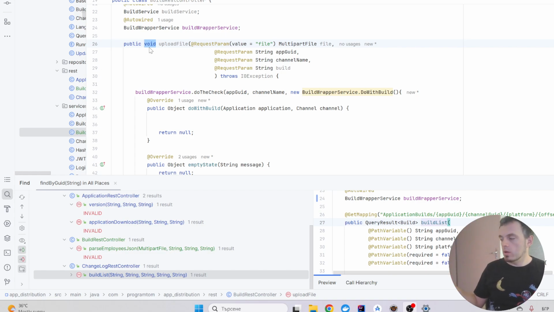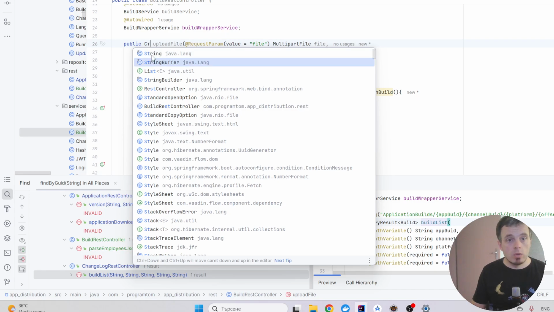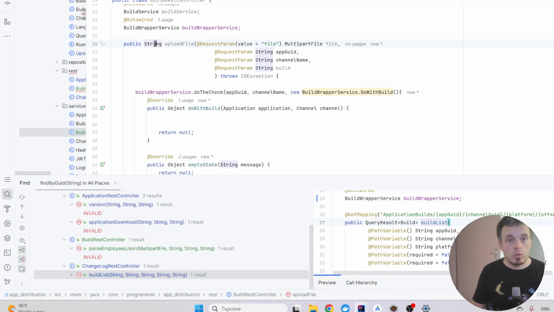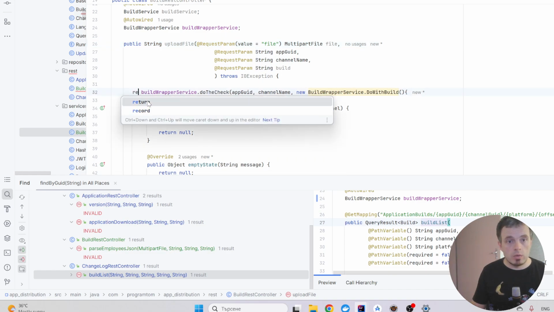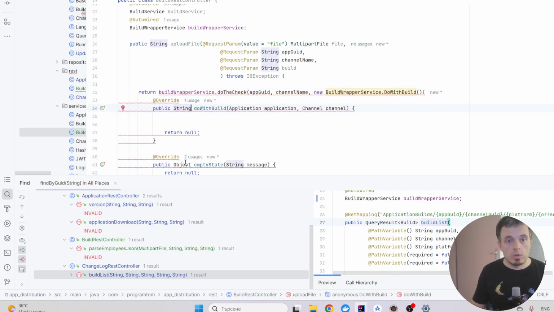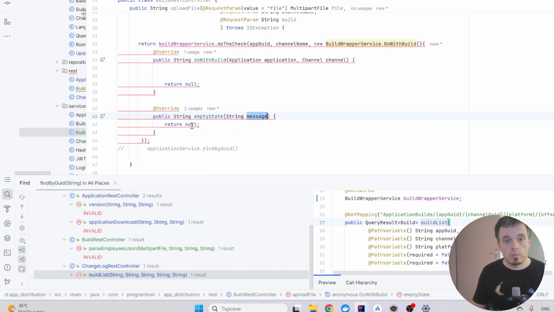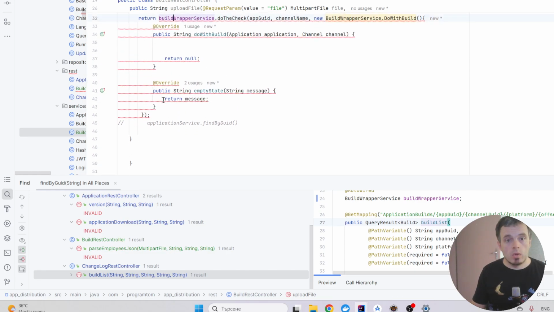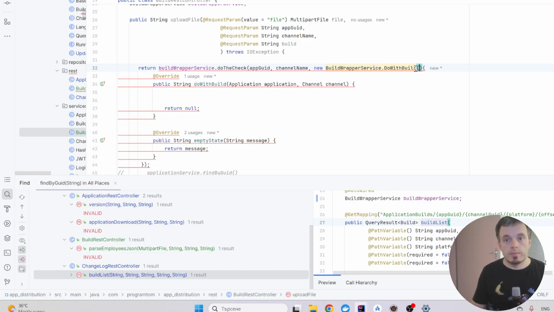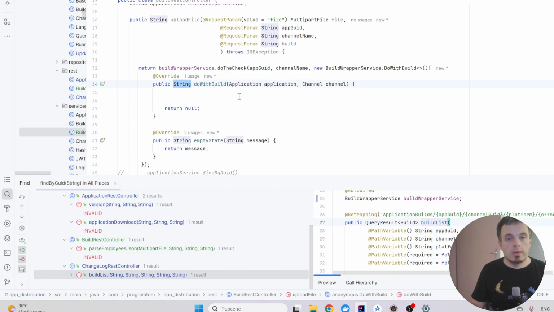It is always best practice to have whatever result, even if it's not fully static. It is always a good idea to have some result, and I'll make it string, and this will return string for now. And here I need this. Okay, so